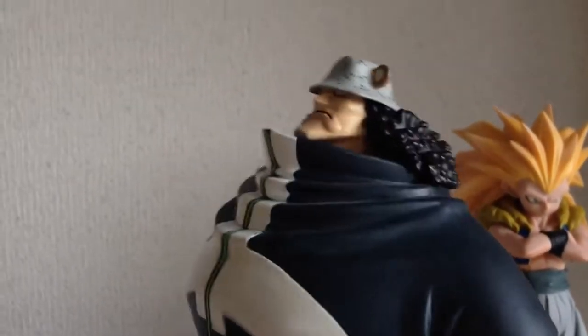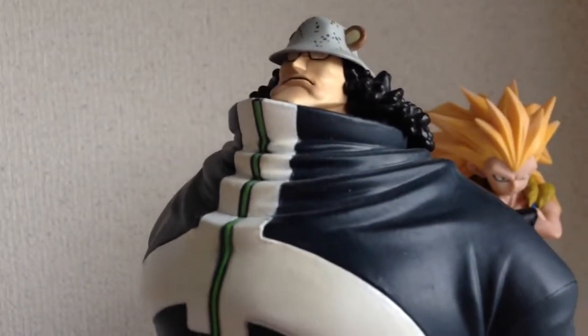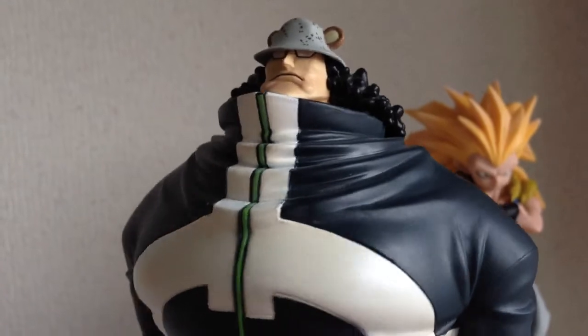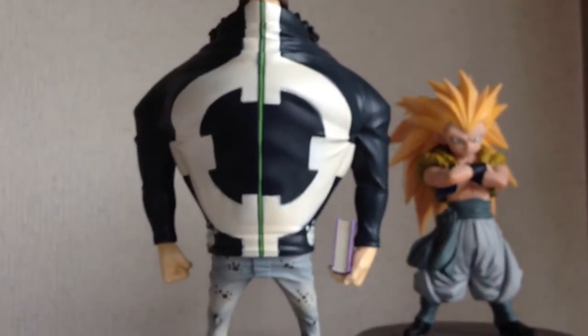So yeah, overall I think it looks great, and I really like how they really caught the dimensions of his face, and just that kind of overbearing stare on focus for us. Especially if you kind of look from below, it really gives you that